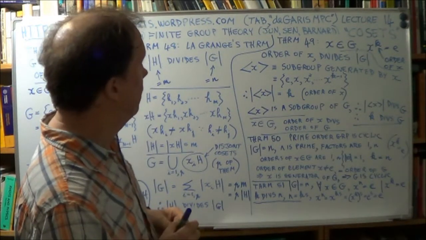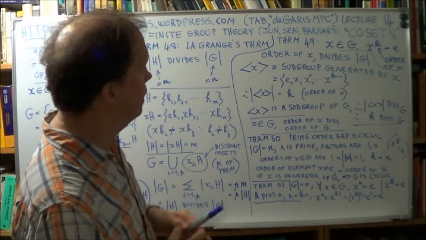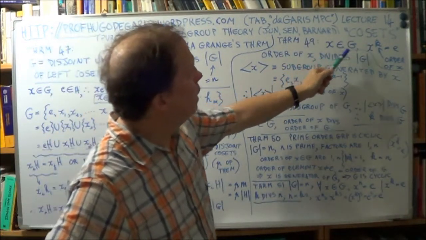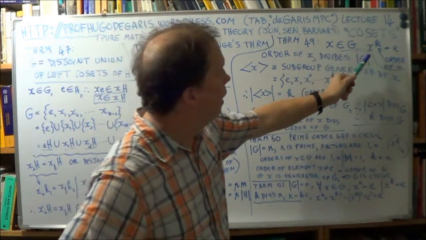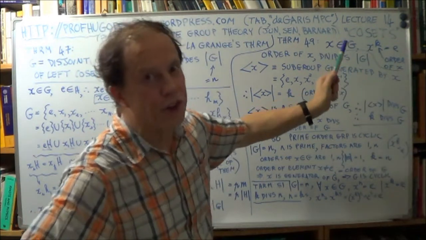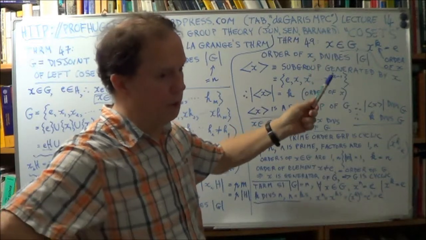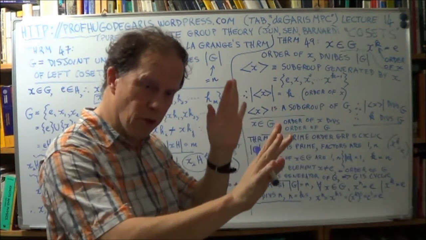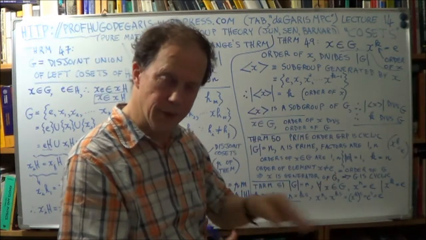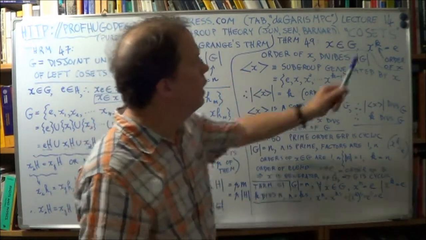One of them is the next theorem. Take any element from your group, and let little k here be the order of that element. Now remember the distinction between the order of an element and the order of a group. Order of a group: the number of elements it has. Order of an element is some